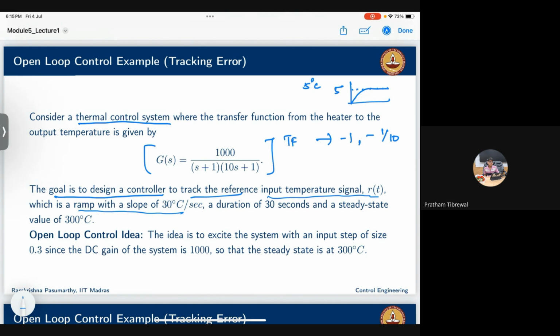The reference input I am giving is a ramp signal with a slope of 30 degrees Celsius per second, and I'm giving it for a duration of 30 seconds. In steady state, after some time, it is going to reach a value of 300 degrees Celsius. So that is going to be the steady state. If I want to make a control for this closed loop system, the idea is to excite the system with an input step of 0.3, because